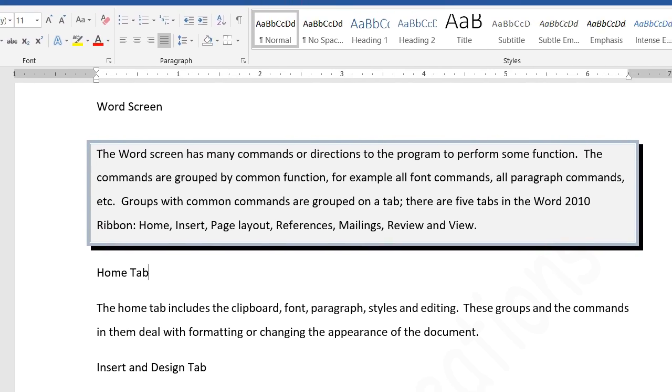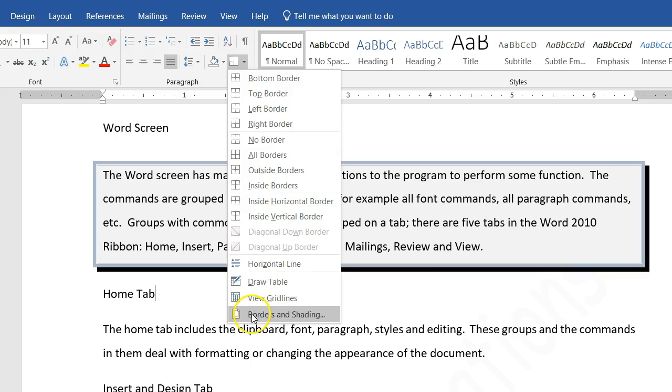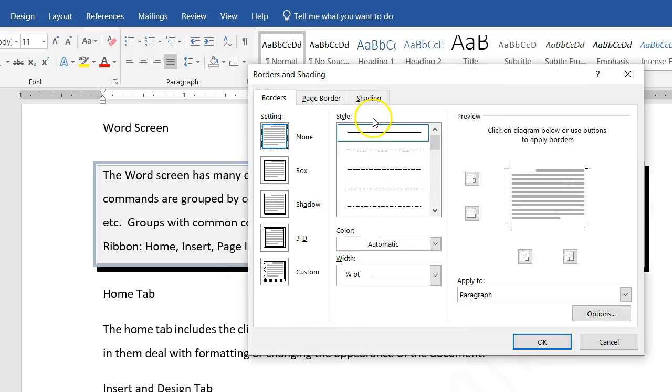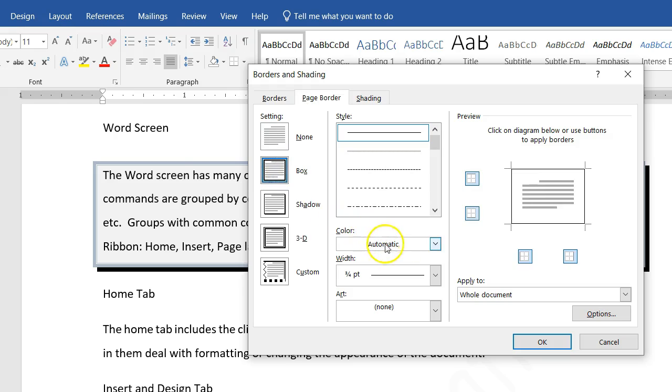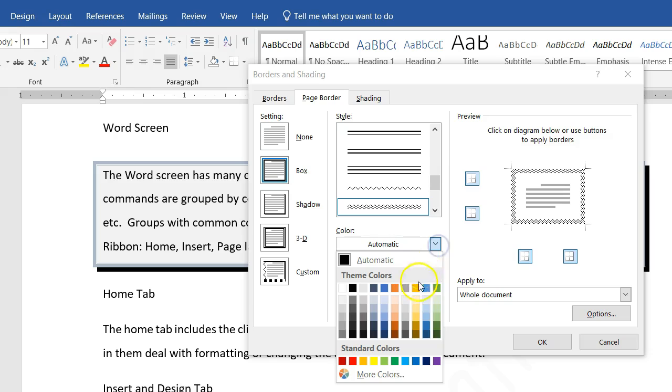We can also put a border around our page. So if we go back to borders and shading, all the way to the bottom, I can choose page border, and I can choose the style that I want. This time I'm just going to do a plain box border. I'm going to choose a different style, maybe something like this. And I'm going to make it a darker blue